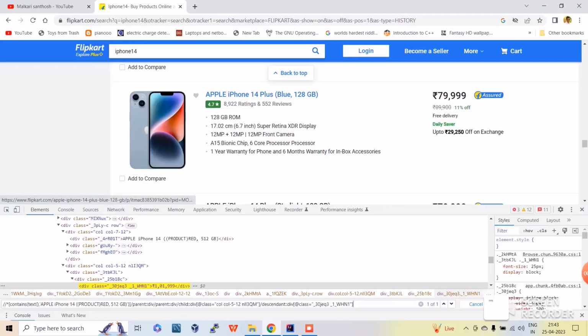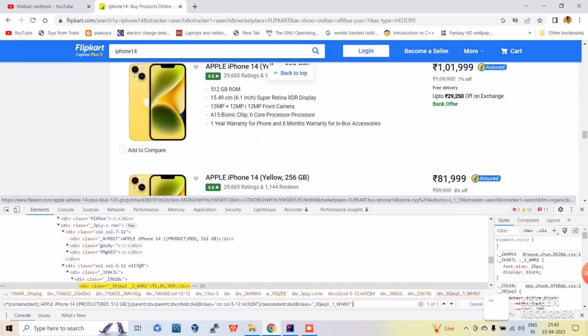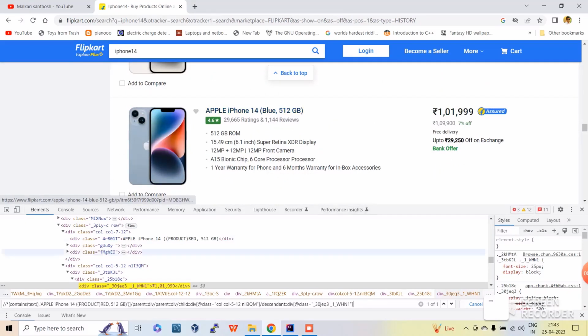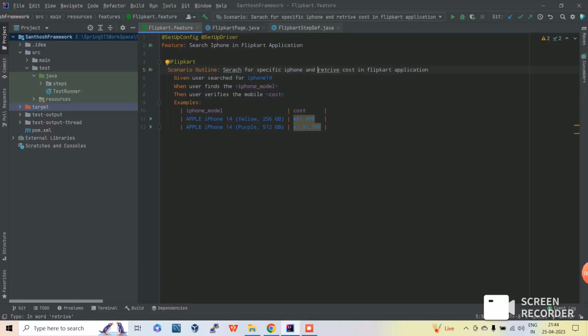Okay, so every time when you want to search any iPhone element, you should search only with the name, so it should retrieve the cost. Okay, so this is how we have written the unique XPath element and we have achieved this challenge, and we are halfway to implementing it in IntelliJ. So let's try to paste this value in IntelliJ and run the automation framework script and achieve it in our automation project. I am in IntelliJ right now and I have created an automation framework to execute this particular